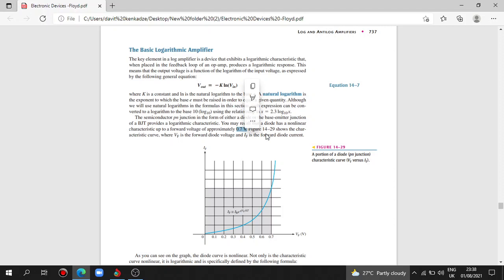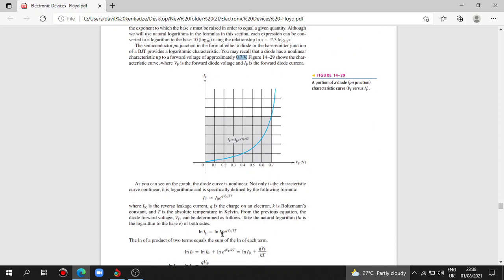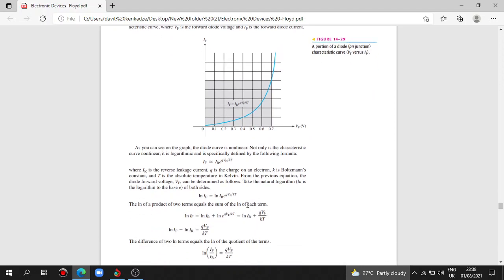The figure shows the characteristic curve of forward biased current versus VF. The diode curve is nonlinear. It is logarithmic,